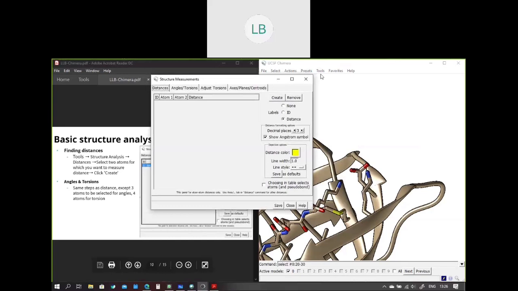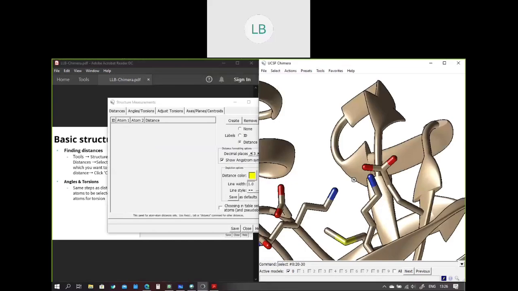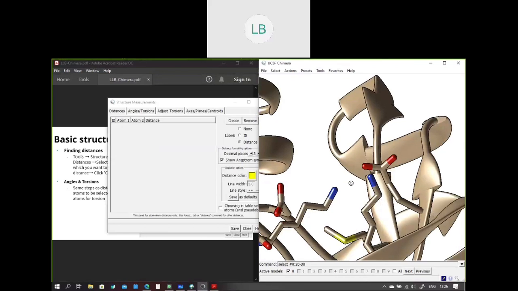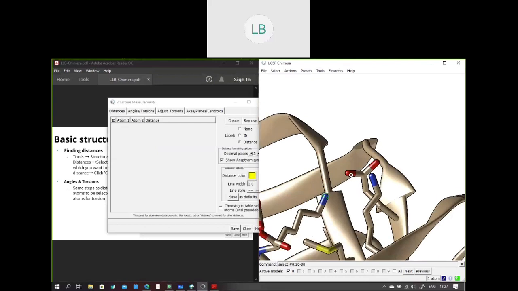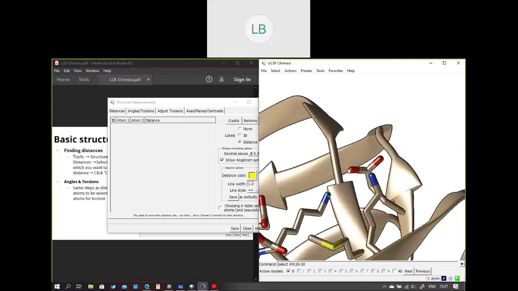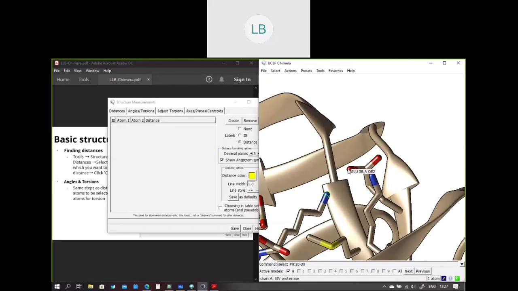Here we need to specify which exact two atoms we need to find the distance between. So let's say I want to find the distance between the lysine 104 nitrogen atom. I press Control Select. I want to find the distance to the second atom, which is the glutamate 58 oxygen atom. Here I won't use Control Select because it will remove the first selection. To add to the selection, we need to press Control plus Shift plus Select. So for the glutamate 58 atom, I'll use Control Shift Select. It will choose the second atom as well.